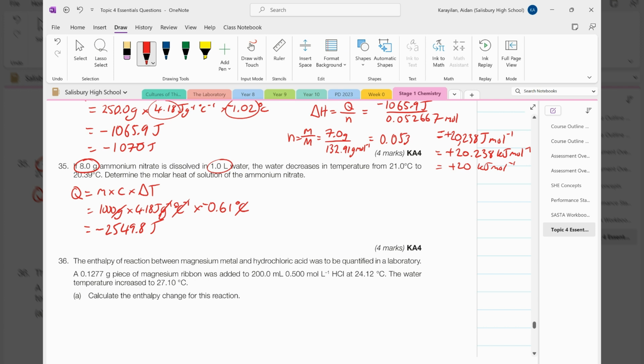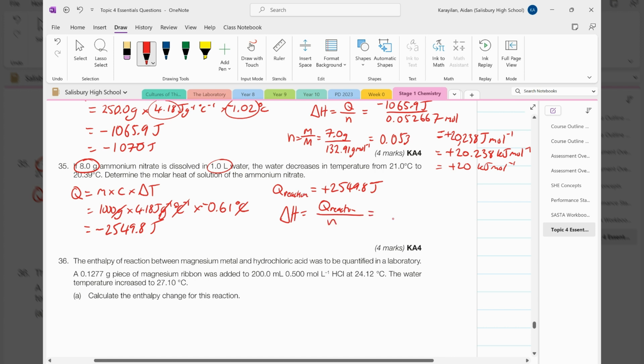So that's the energy that has been taken away from the water, which means the amount of Q being absorbed by the dissolution is the negative of that. So the opposite of that, which is positive 2,549.8 joules. That's the energy being absorbed by our reaction. And we know our delta H is the Q of our reaction, actually I should put reaction, that's a bit more general, the Q of the reaction over the n,